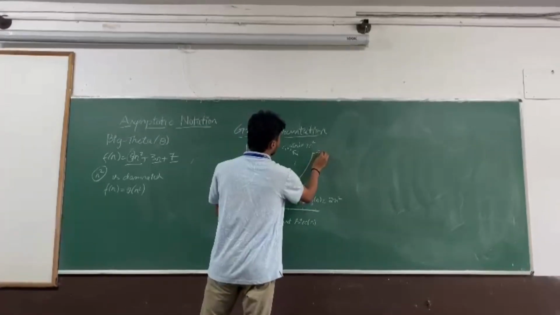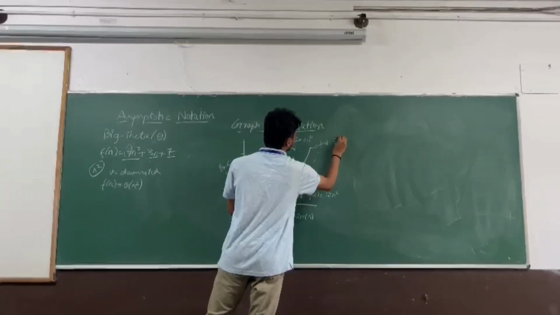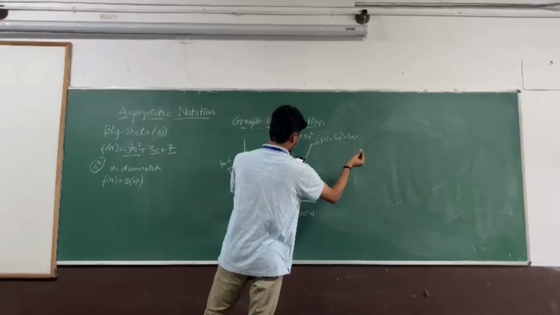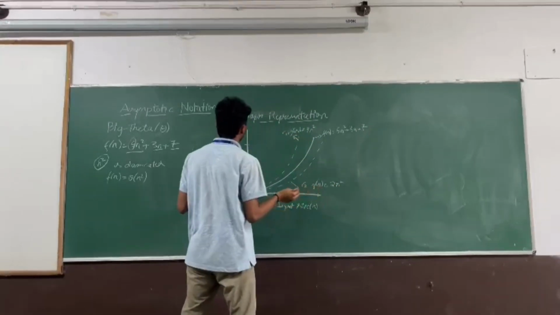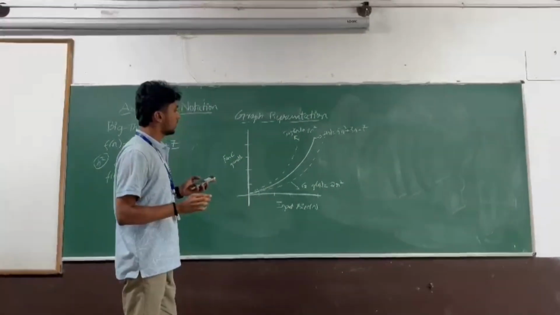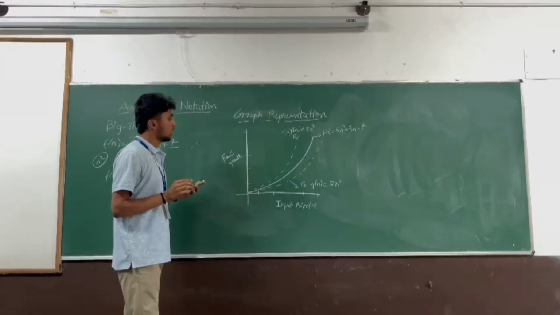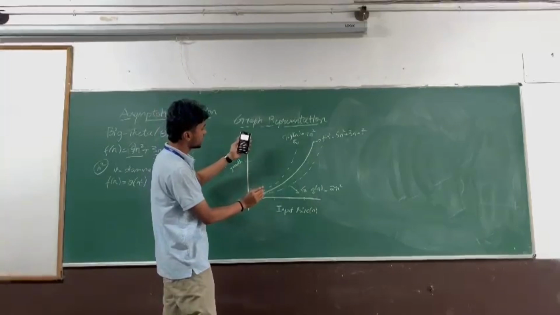So here it is a function f of n is equal to 5n square plus 3n plus 7. Basically, big theta shows the specific speed of the algorithm when it is executed, which must be ranged between the